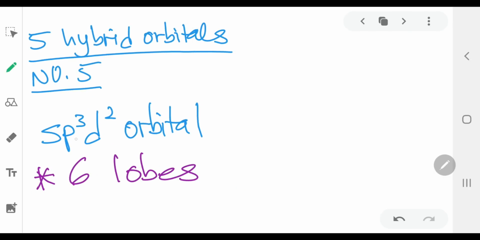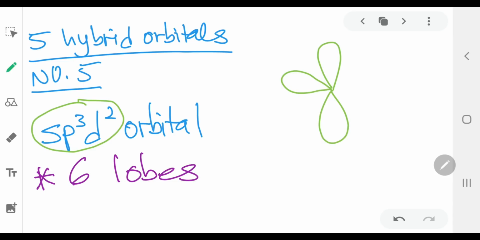The last one for hybrid orbitals we're going to look at is number 5, SP3D2 hybrid orbital. So you can guess that it's going to be 6 lobes. Okay, for 6 lobes, you're going to have 1, 2, 3, 4, 5, 6. So that is how you're going to draw